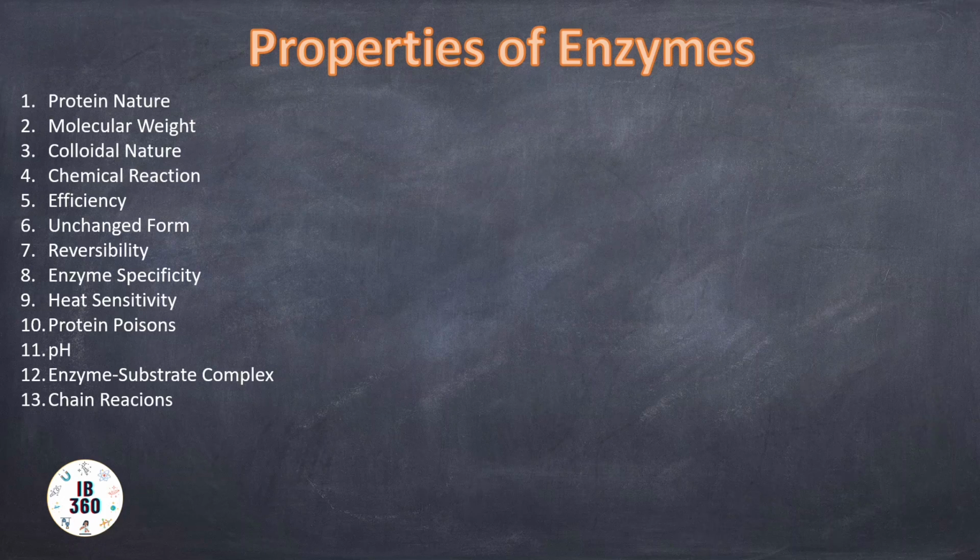So as far as protein nature is concerned, they are globular proteins, and they may have additional inorganic or organic substances for their activity. Those are called cofactors. However, some types of RNA function as enzymes, like ribonuclease P and peptidyl transferase, which is involved in protein synthesis and has also been found to be part of rRNA. These are called ribozymes.